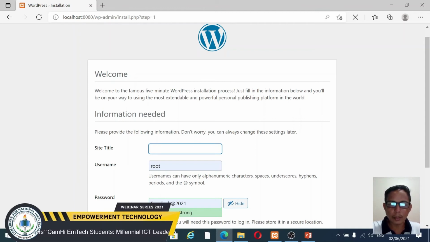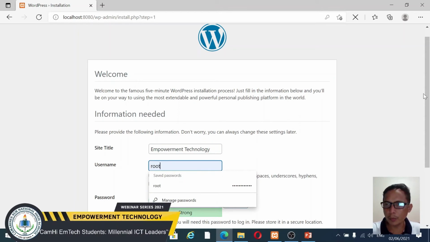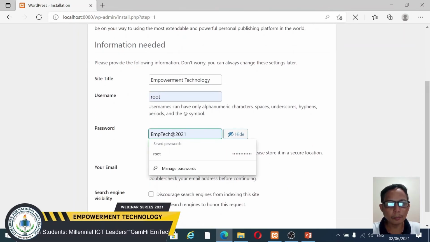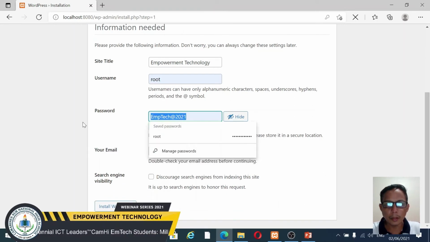The site title is empowerment technology. Our username is root. The password is EmTech at 2020.